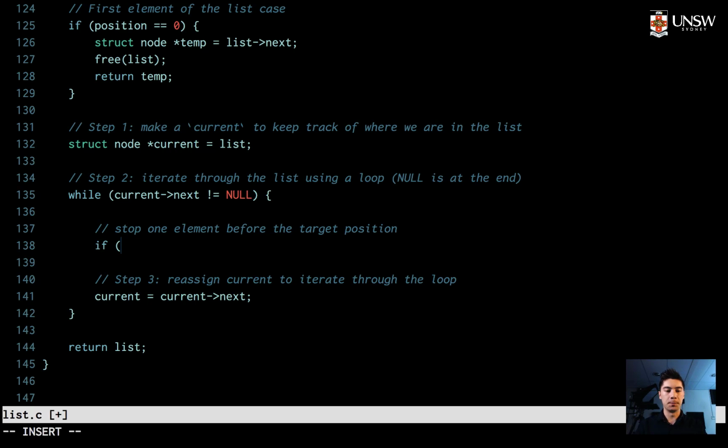How are we going to do that? Well, if count is equal to position minus 1,